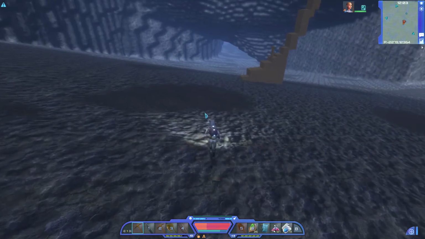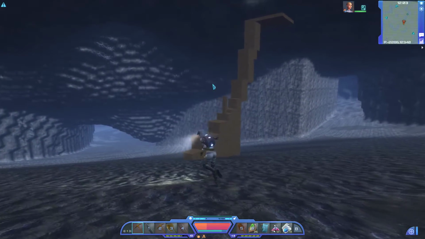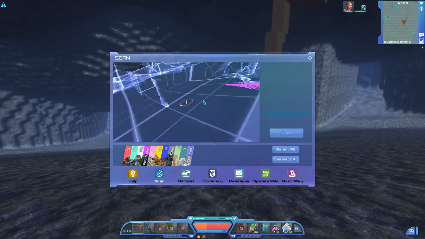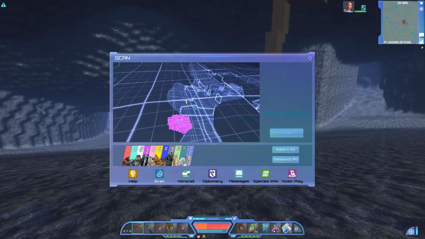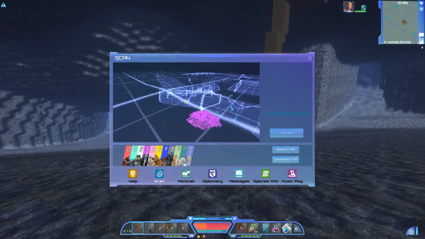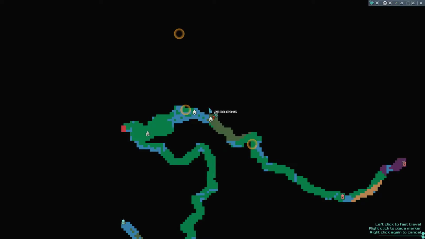Now, we've been going for nearly an hour, so what I'm going to do is I'm going to wander around this cave system. If I go to the scanner and come out, you can see this cave system is enormous. There's something else up there, can you see? There's some other resource up this way. So actually, before we go,